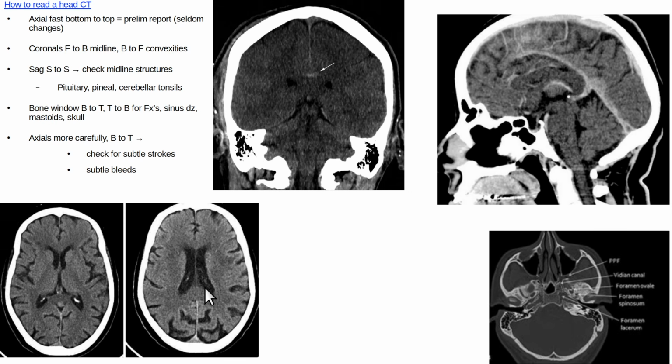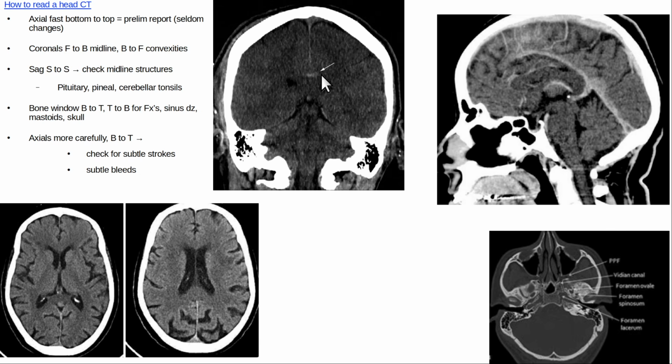Okay, so I go through the axials real fast, just to make sure there's no big bleed or any surprise. I look at the size of the ventricles, I check a couple key spots, and I make a prelim read. And I hardly ever change my read from that prelim read. But then, just to be thorough, I go through the